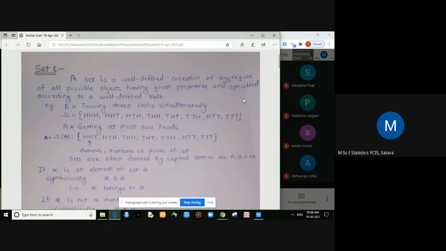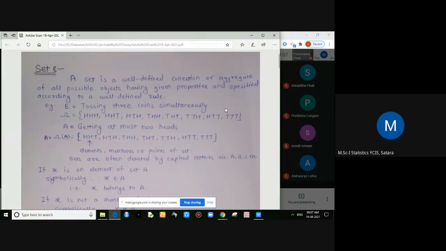Then what is actually the set? It is the collection of objects. But while collecting the objects, we must define a specified rule. And the objects of that collection must satisfy all the properties of that rule. Okay, so such a collection of objects is called a set. For example, see, the example is a simple experiment,